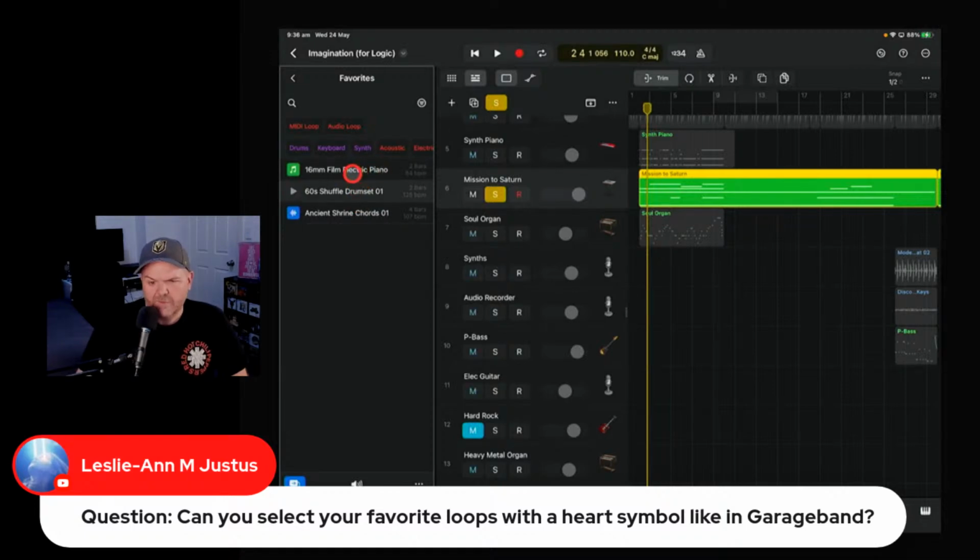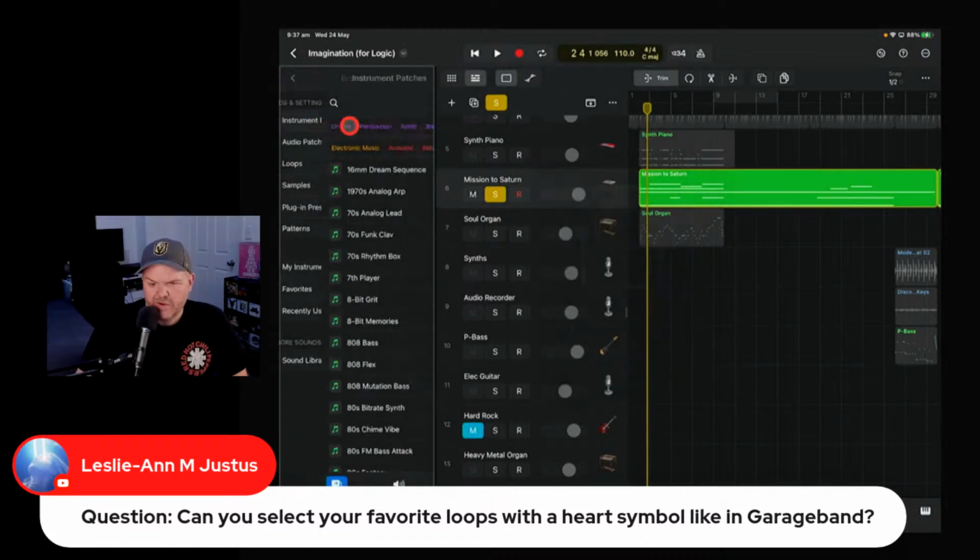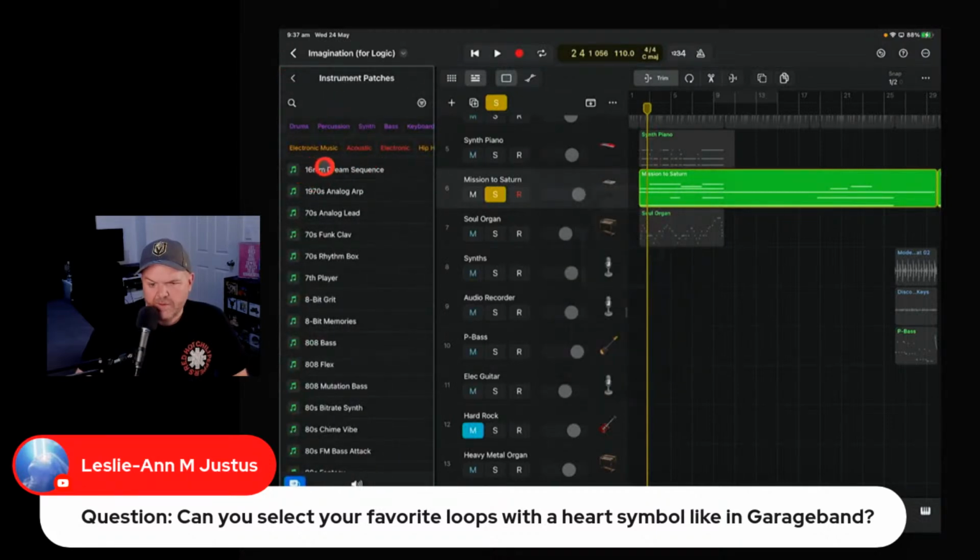So it's obviously not an instrument patch. This is going to be a MIDI file because it's giving us the ability to drop it into there, but I had assumed that I could drop it directly on here to change the instrument. But you can do that if we just come back out here and we go to our instrument patches and we grab, say, this one here. We should be able to tap that one. And is that going to change it out here? Yes. So it's actually changing it just by tapping.